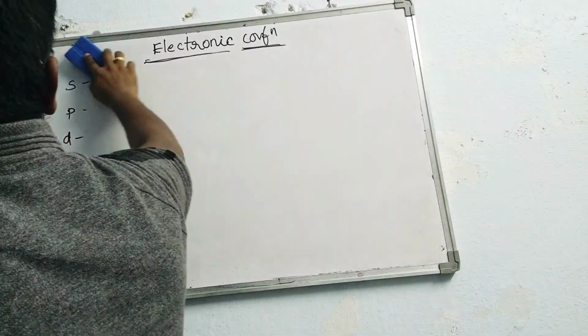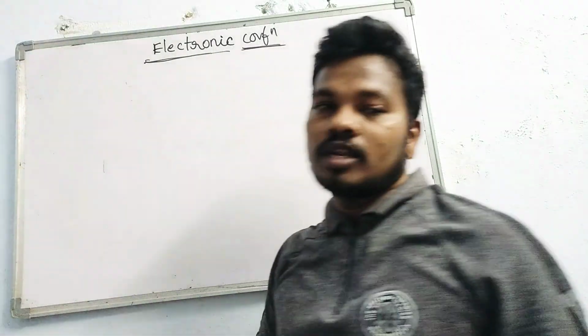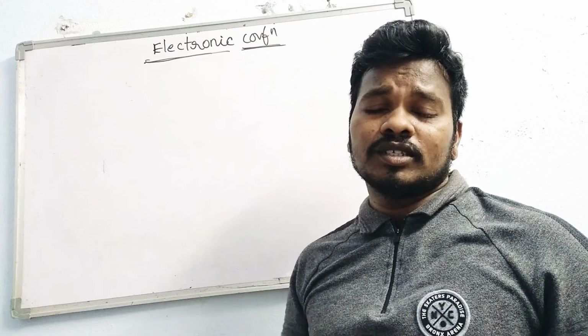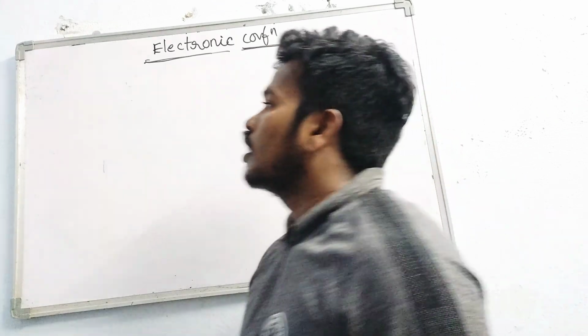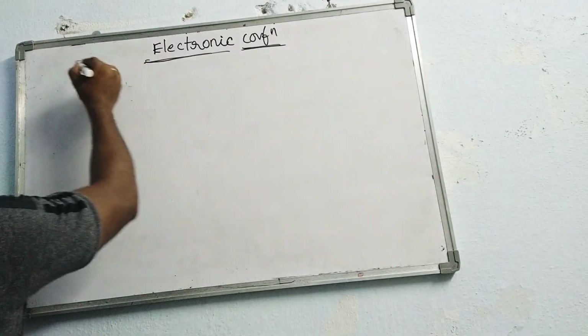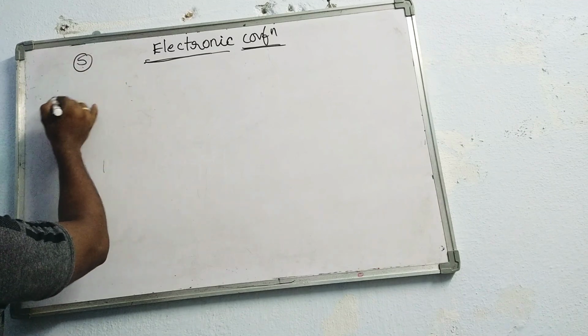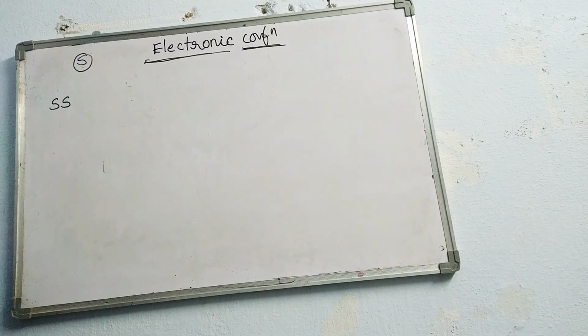Now see writing of the electronic configuration. There are two methods. The first one is called the Aufbau diagram, which we already know. For the next one, first, what is the orbital? S orbital is there. Just repeat this twice. Next, what is the next orbital? P orbital is there. Just write the P orbitals.